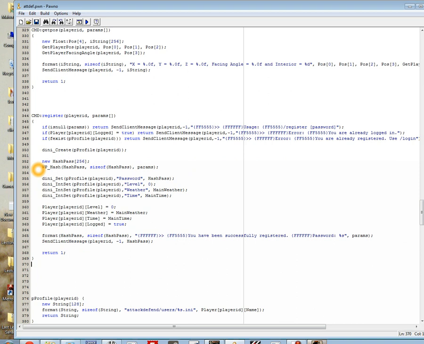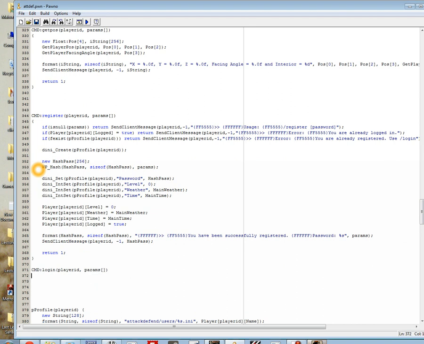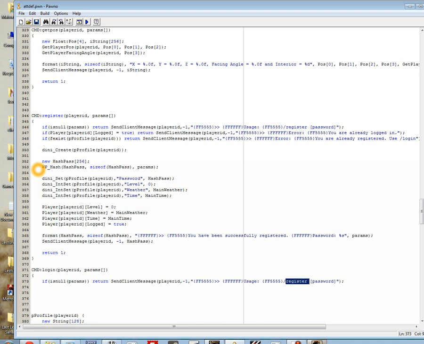Okay. Now we can make our login command. Login, player ID, params. So first of all, if is null params. So if the player didn't put anything after login, you need to send the client message, send the player a message showing what the command does or how the command works. Login password. Then if player ID logged equals true,